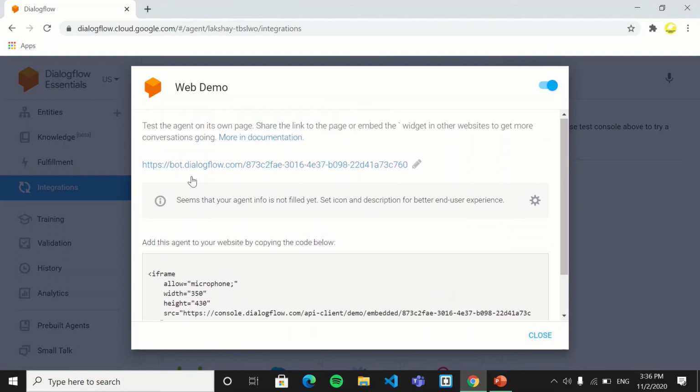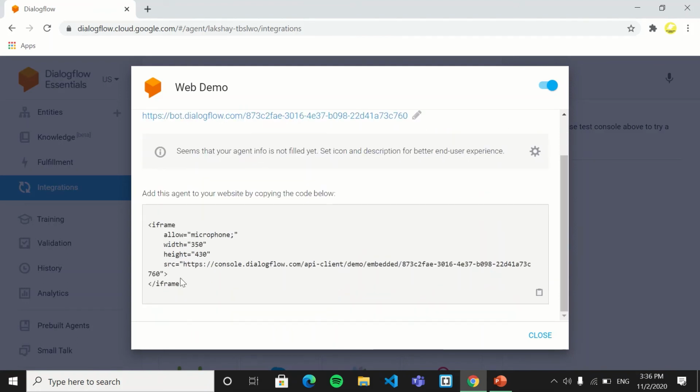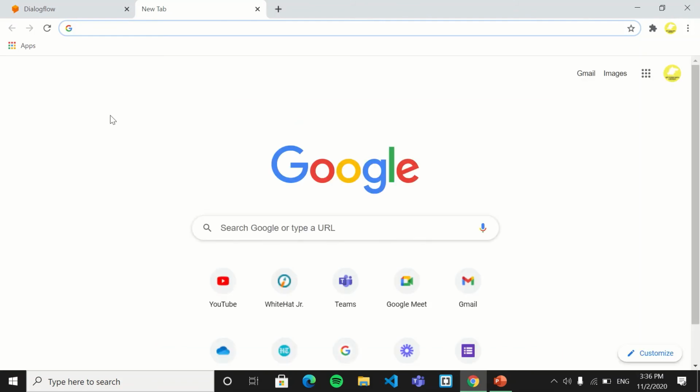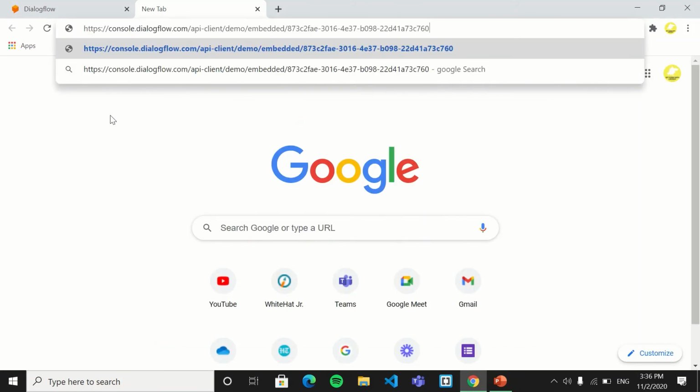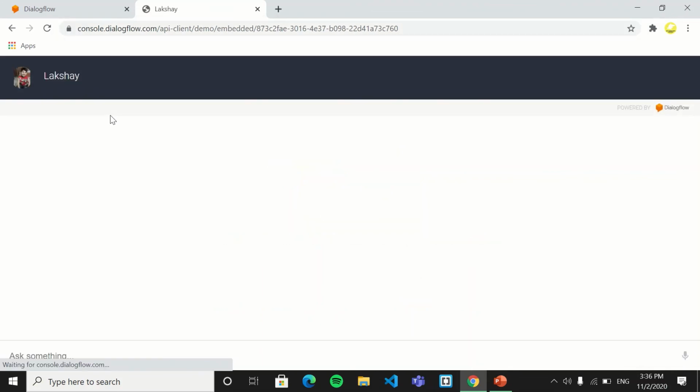This is the link on which you can see your chatbot. I will copy it. You don't have to copy the double inverted commas or anything else. Just copy the link with Ctrl+C, open a new tab, then Ctrl+V, and when you open it, the chatbot will be visible.